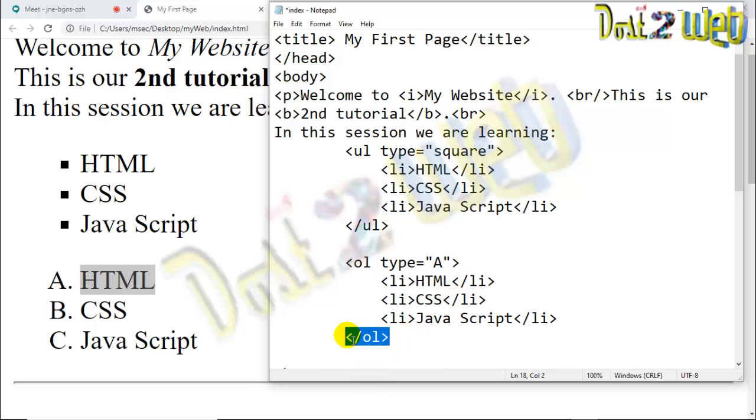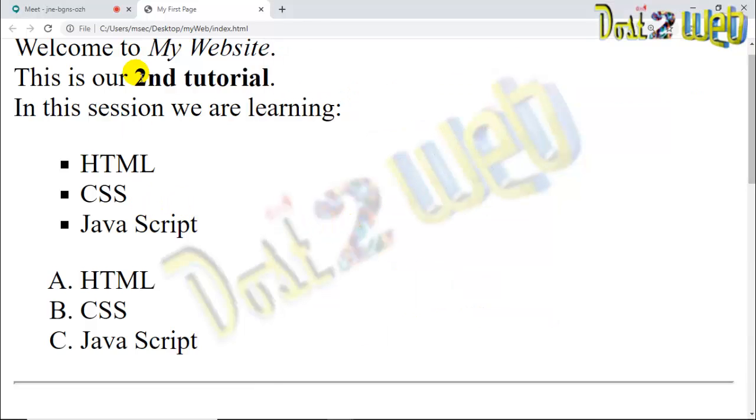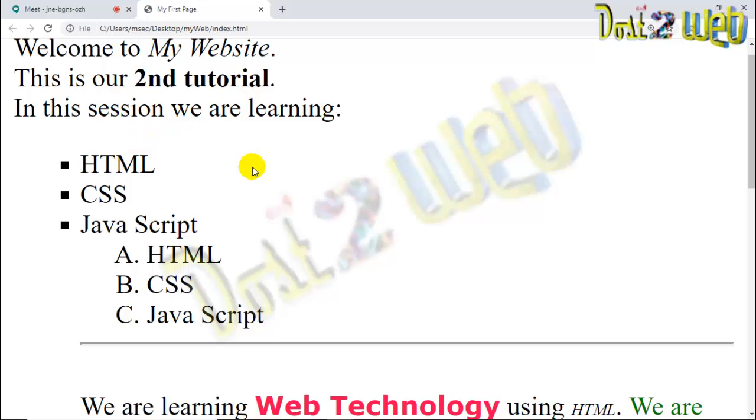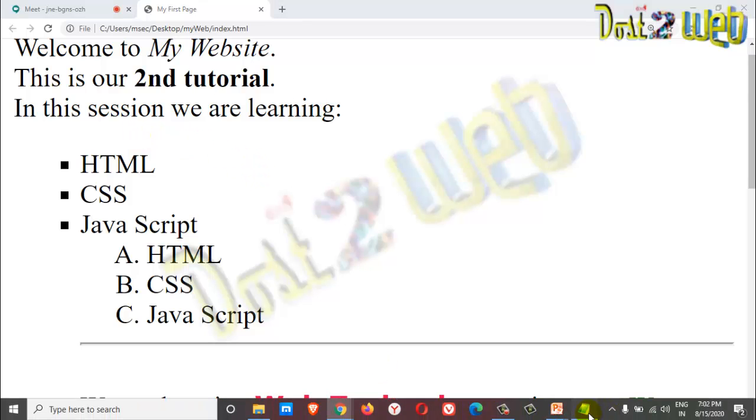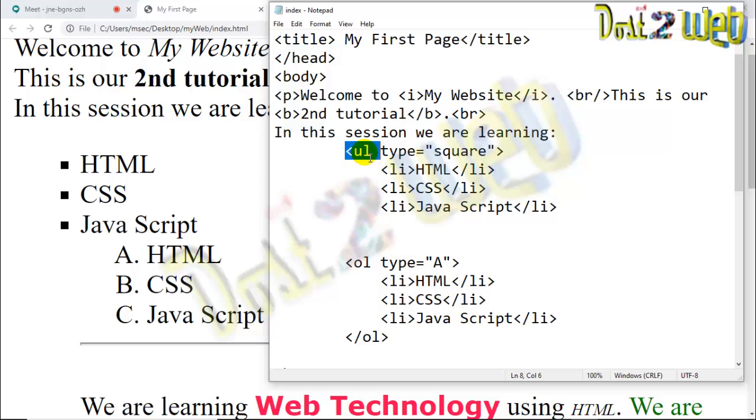If I remove this also, suppose I remove this unordered list from here, save it. You can just remove the code and execute and see what happened. See here. We have used UL, so it is like a tree structure only. In the unordered list, again we are adding an ordered list. So what happened? It will start. This is the tree structure. This is for the sub part of this. It will start from here because we have not closed here. So that's why we want it separately to be used here.